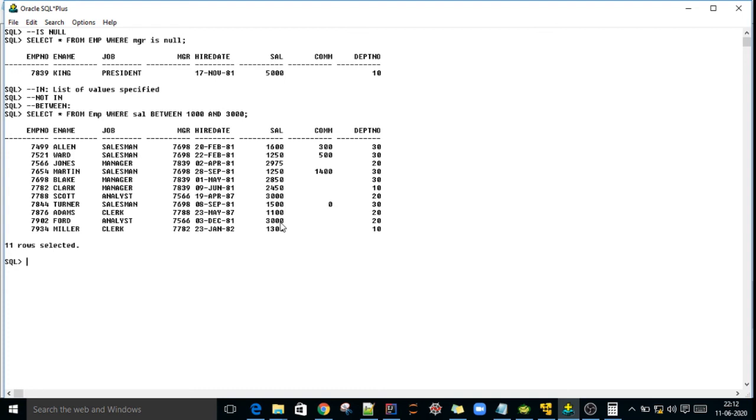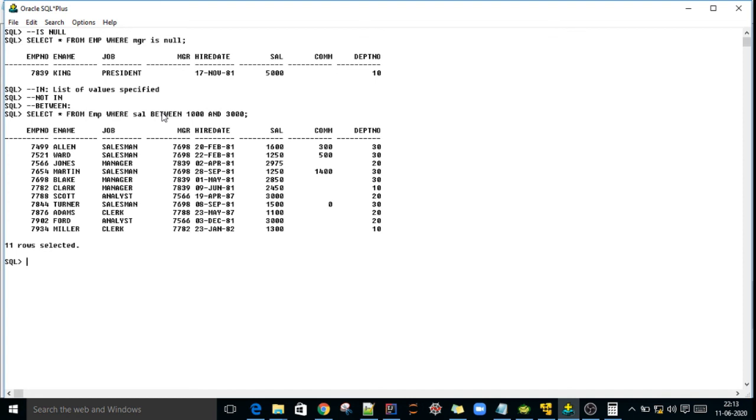That is BETWEEN. BETWEEN only compares two values, but for IN and NOT IN there is no particular restriction. We can mention n number of values, but BETWEEN will take one upper bound and one lower bound.